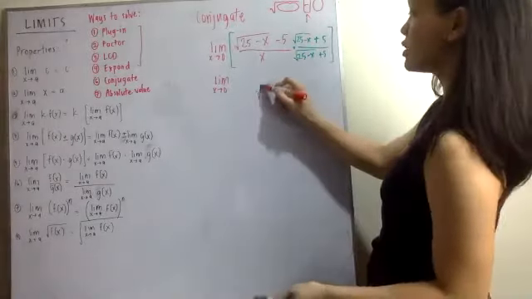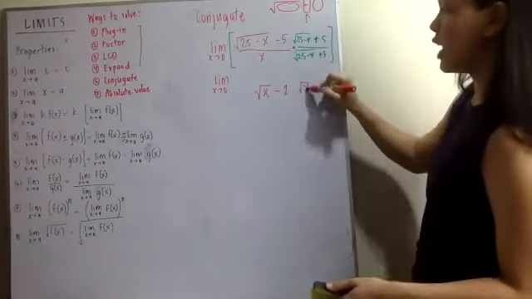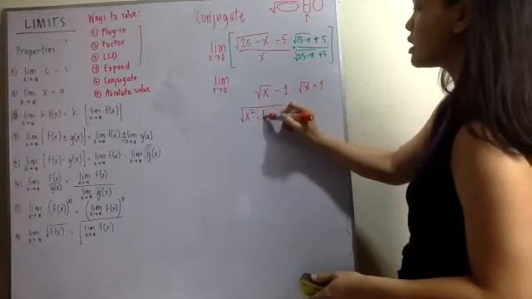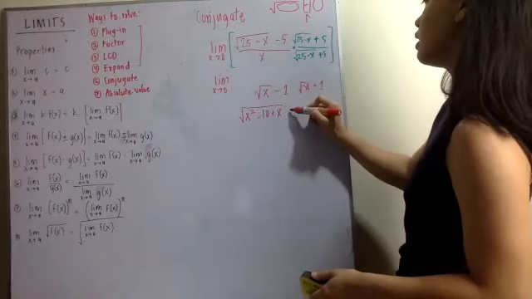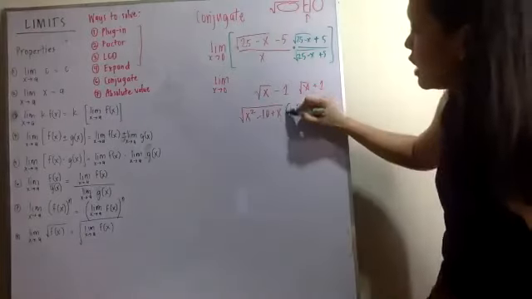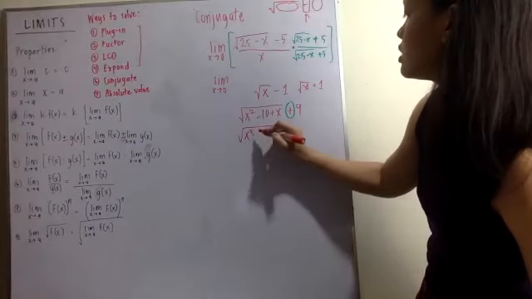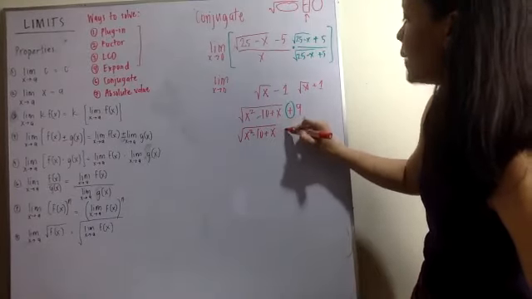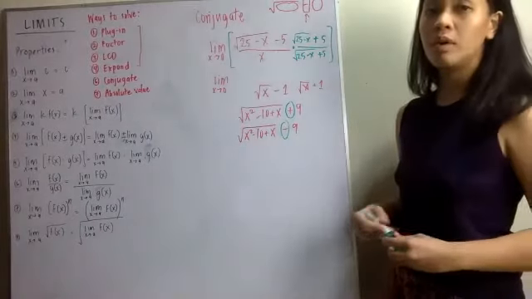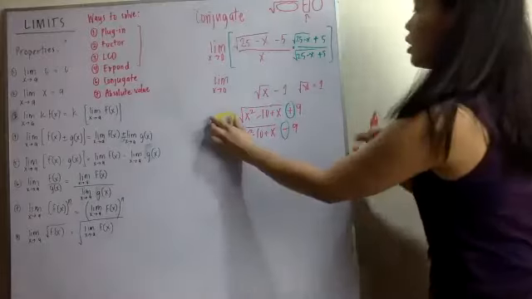Remember, kanina we have square root of x minus 1. Okay? Ang conjugate niya is square root of x plus 1. Kaya meron tayong square root of x squared minus 10 plus x plus 9. Okay? Ang conjugate nito would be square root of x squared minus 10 plus x minus 9. Okay? Wala tayong pakialam sa nasa loob. Alright? Kasi ang goal natin, mawala yung square root niya na yan. So, going back here,